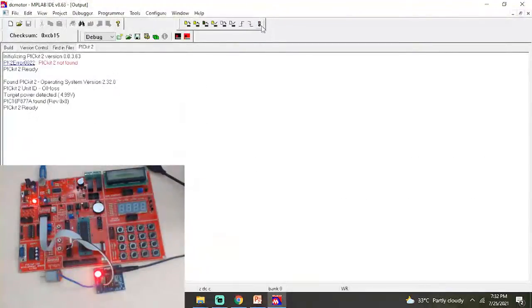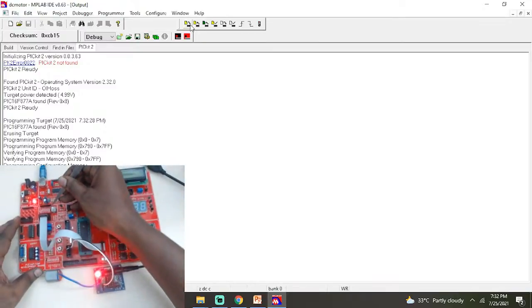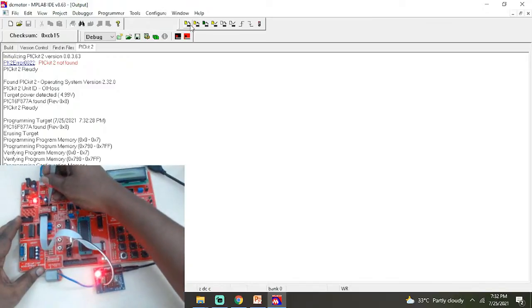Connect the kit now. Okay, and program this kit. It is programmed. So now I'm going to switch on. I switch on the kit, switch on this dip switch. Okay, so